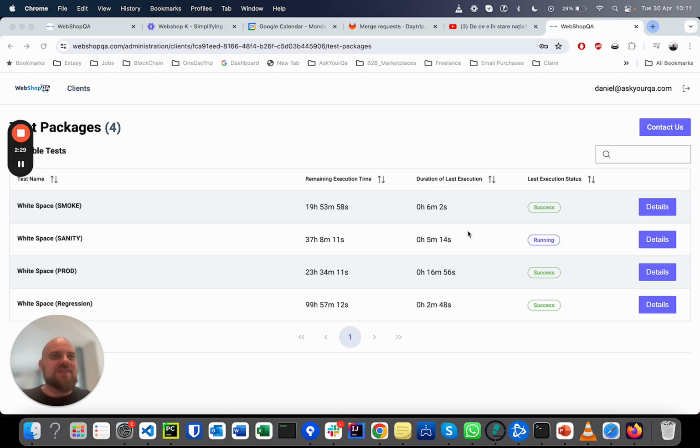We will provide you with bugs found. We will help you run the tests. You can put cron jobs, like we want to run tests in the morning, in the afternoon. We have multiple types of packages like Smoke. This is one test that covers a full user flow, like an actual user would do. Go onto the site, pick an item, add to cart, check out, do the payment,